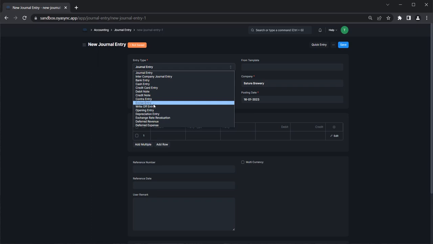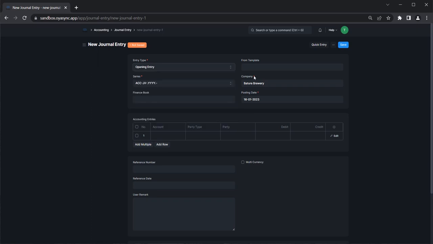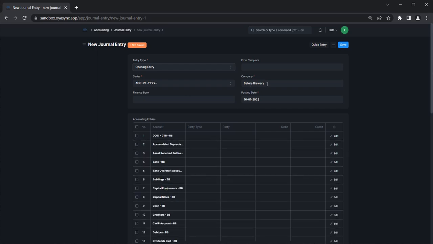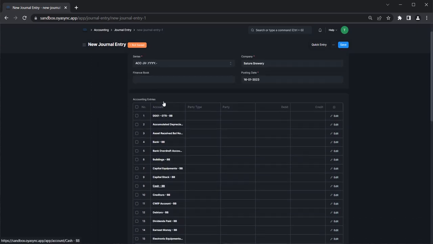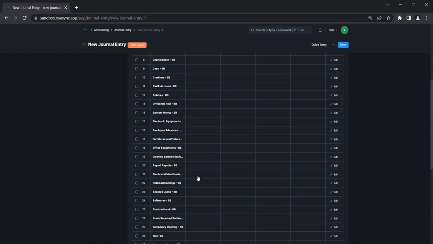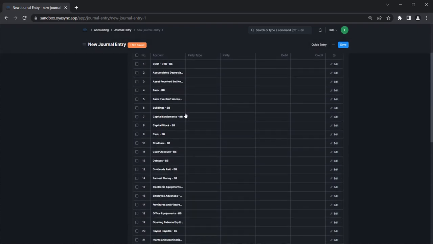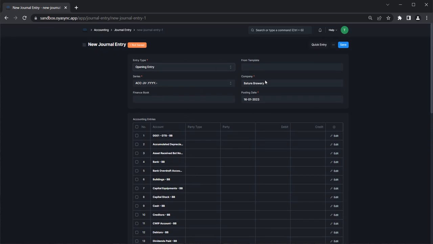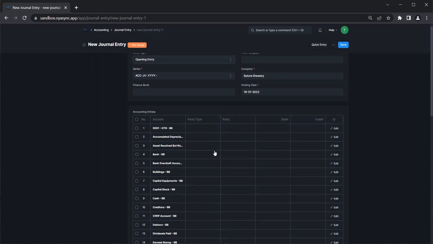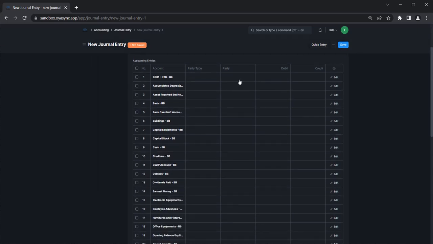I'm going to start on the ARP. So I'm going to select the journal entry type here as opening entry. Right. So here I select the company that I want. Also, you notice that immediately I selected the opening entry, it's populated all of my accounts. All the accounts I currently have on the system were populated automatically. All right. So select the company, select the posting date, and yeah, you start debiting and crediting depending on your